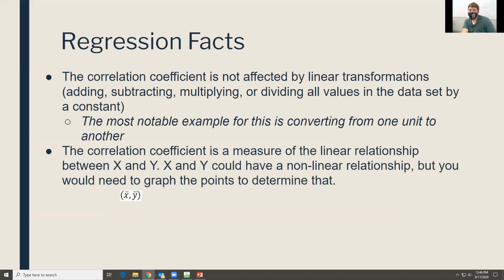The correlation coefficient is a measure of our linear relationship between X and Y. X and Y could have a nonlinear relationship, but answering Matthew's very good question earlier, we're not going to know until we start graphing things. So if you don't have data points to graph, then you're going to have to be a little creative and decide, okay, here's my